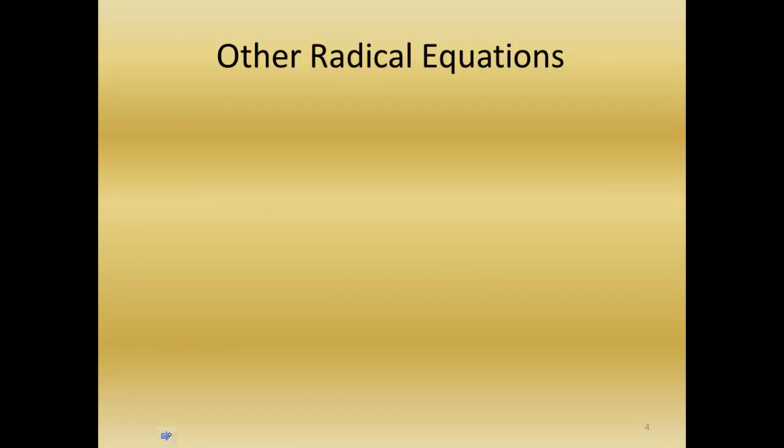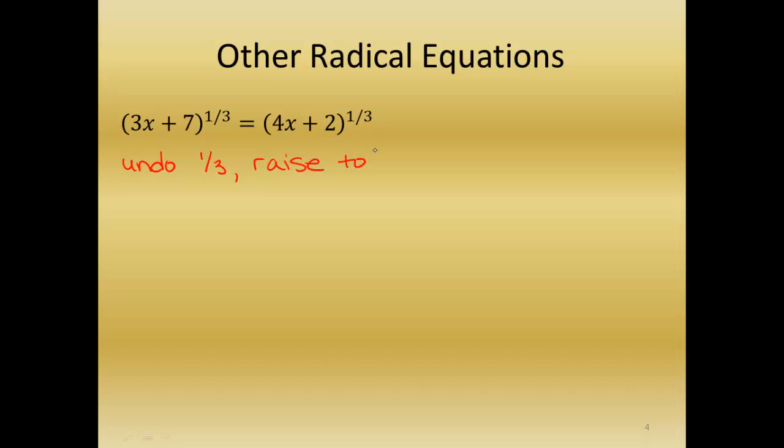Okay, let's take a look at things that are not square roots. So this first one, I have two sides raised to the 1/3 power. To undo a 1/3 power, raise both sides to the third. So it'll look like (3x plus 7) to the 1/3, cubed,